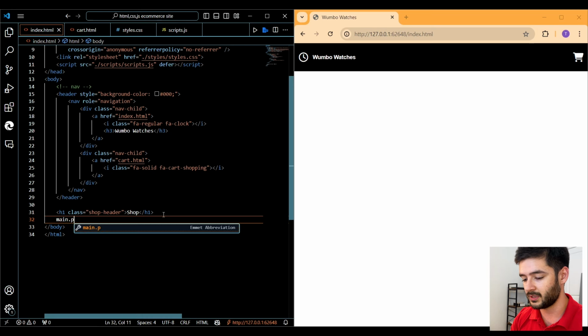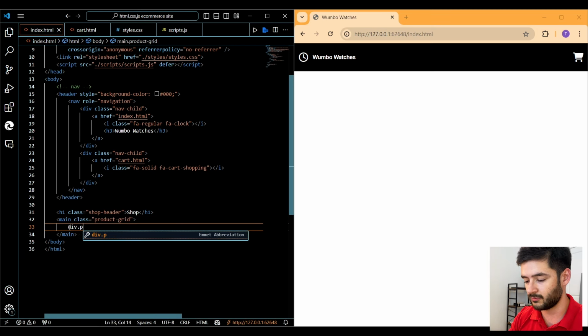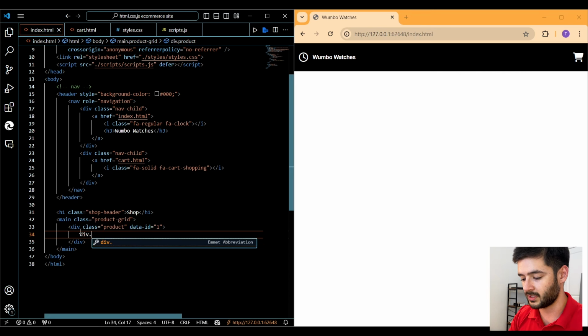Create a main element with a class product-grid. Create a div with a class of product. Add a data-id attribute and make this equal to 1. Create another div with the class